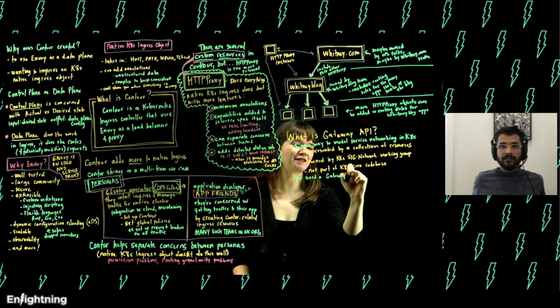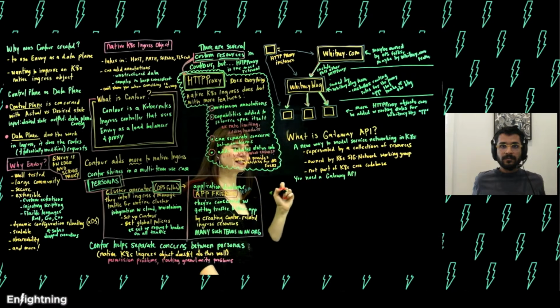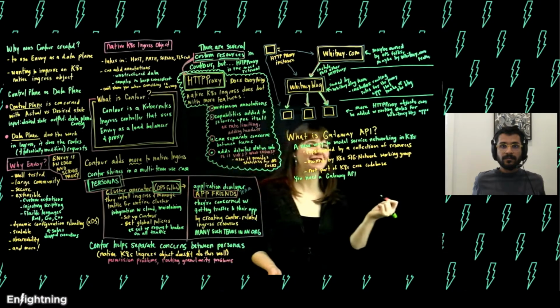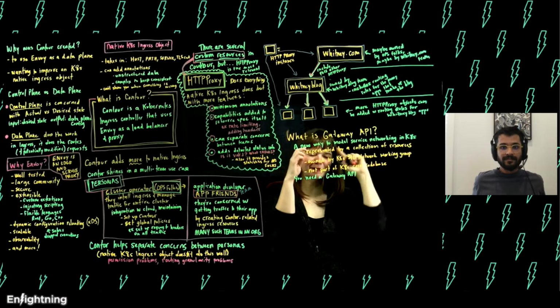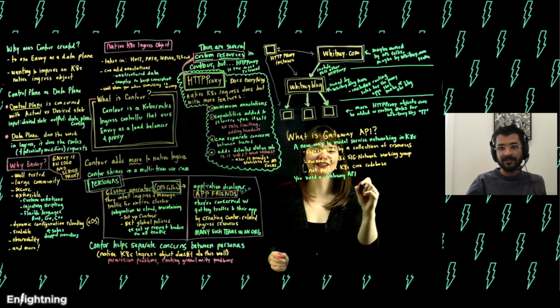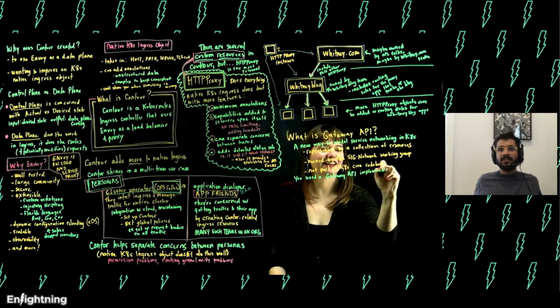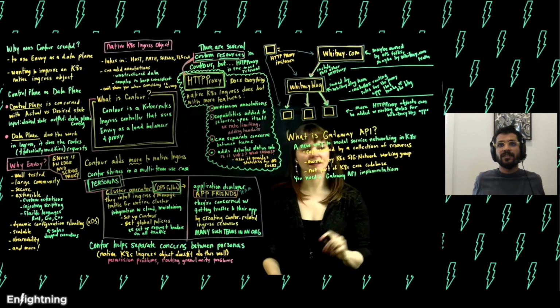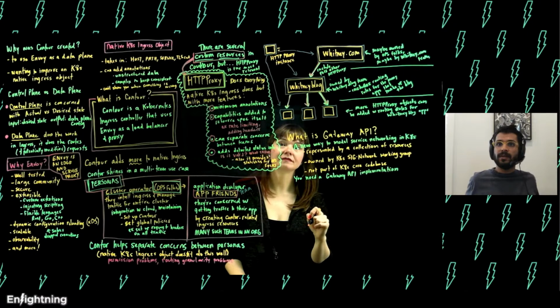Something I find confusing about Gateway API, especially at first, is that API Gateway is also a thing, and so anytime I start to talk about either of those concepts, I'm like, wait, which way does it go? Yeah, definitely. It used to be called Ingress v2, and then Service APIs, and now it's called Gateway API.